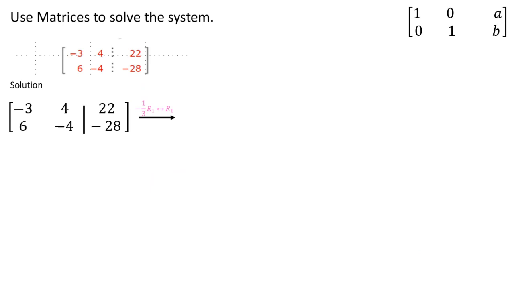Okay, let's solve this matrix or linear system. Again, they already have it in our augmented matrix form. We have -3, 4 equals 22. We have 6, -4 equals -28, 8. And again, the goal is to make our elements on the left side of the equal be our identity matrix, 1, 0, 0, 1. All right, so let's get started. So I don't want to swap. It doesn't help me swapping anything. So let's go ahead